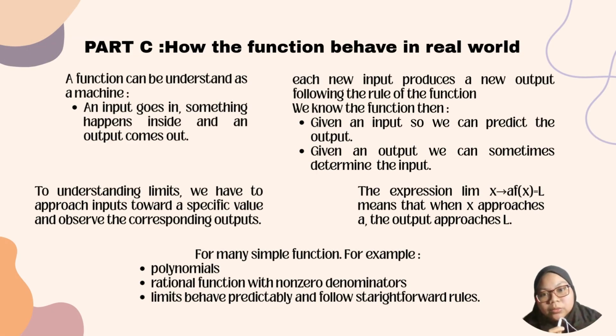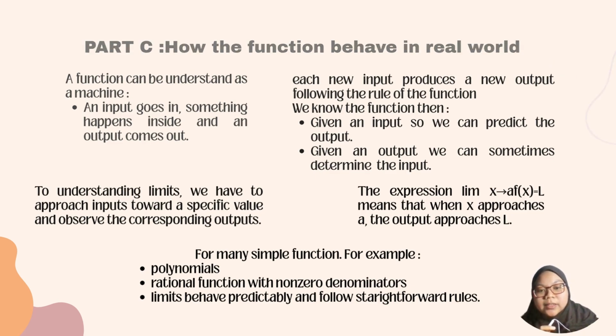Okay, so a function can be understood as a machine. For me, an input goes in, something happens inside, and an output comes out. Each new input produces a new output following the rules of the function. Given the function, and given an input, we can predict the output. Given an output, we can sometimes determine the input. So the expression limit as x approaches a of f(x) equals L means that when x approaches a, the output approaches L. For many simple functions, for example polynomials, rational functions with non-zero denominators,